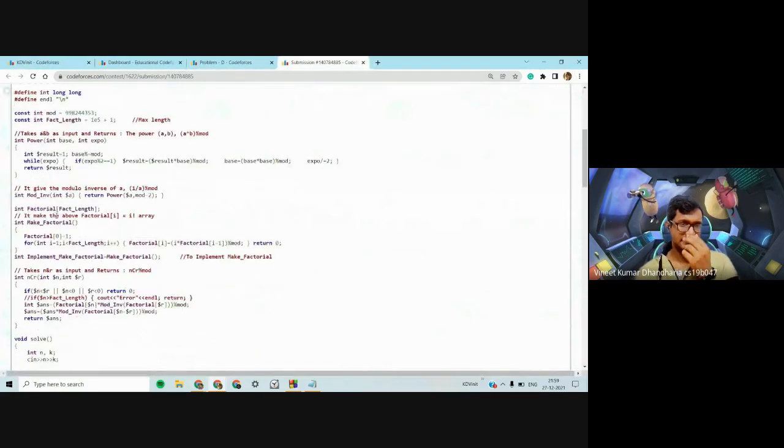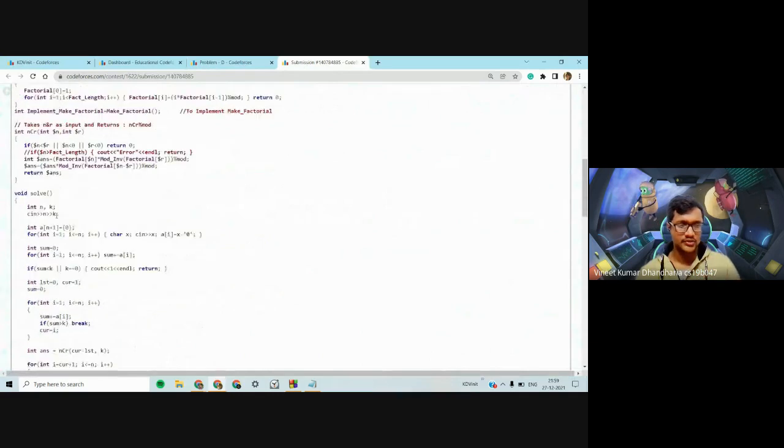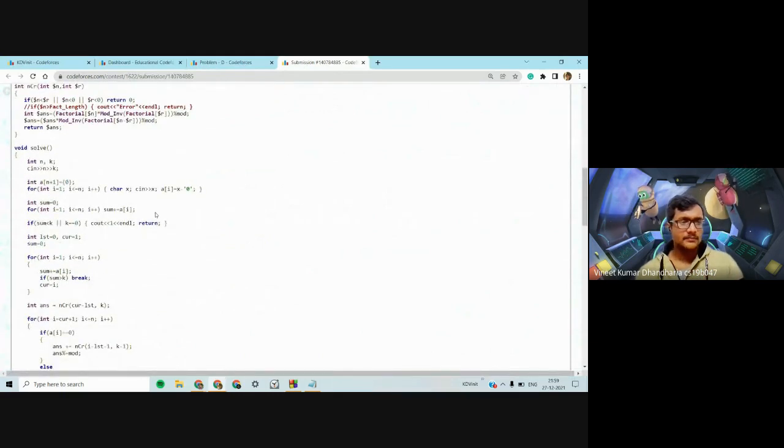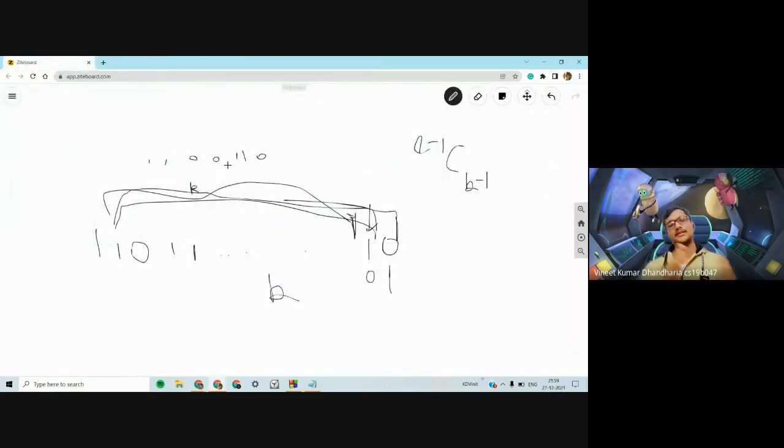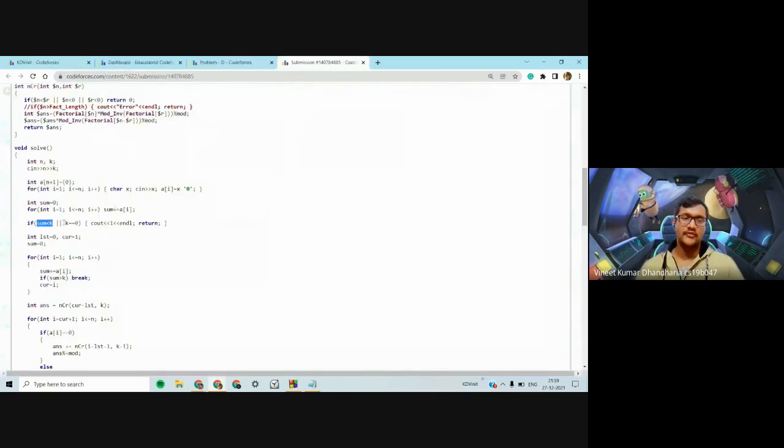So the first part is just calculating the nCr values. Then you take up the input, which is the original string, and you have the n and k values. You find the sum, basically the number of ones that are there. If the total number of ones is less than k, that means you can't do any shuffling. And if k is zero, you must select a substring which has zero ones. That means it has all zeros, and thus any shuffling you do will not form a new string. So if the sum is less than k or k is zero, the answer is one.